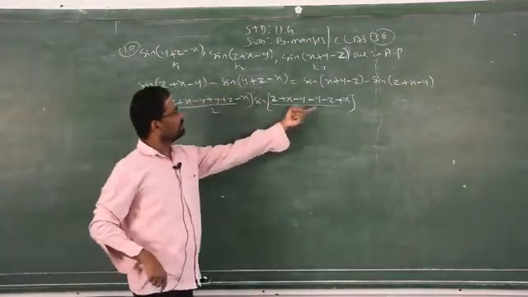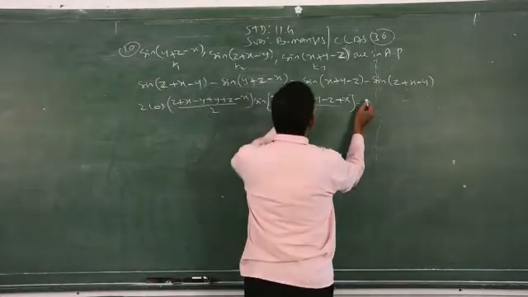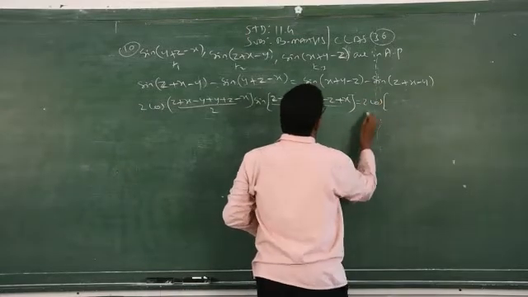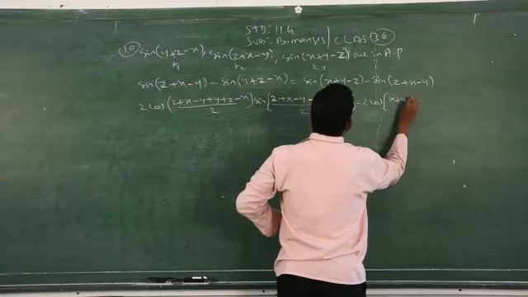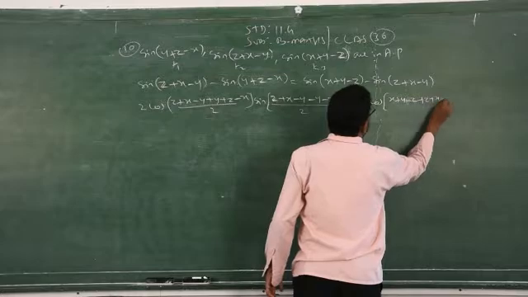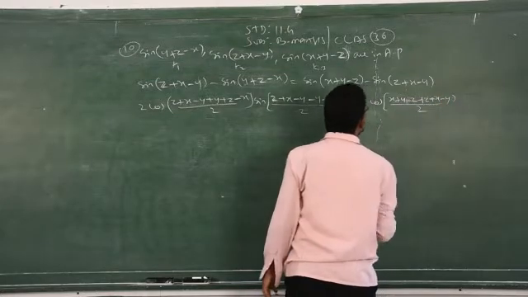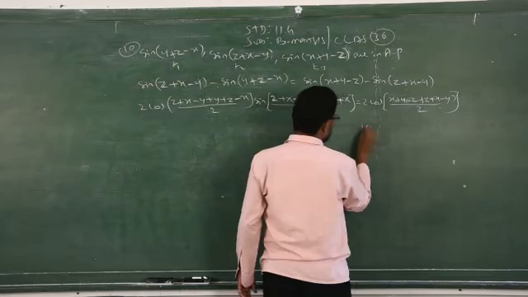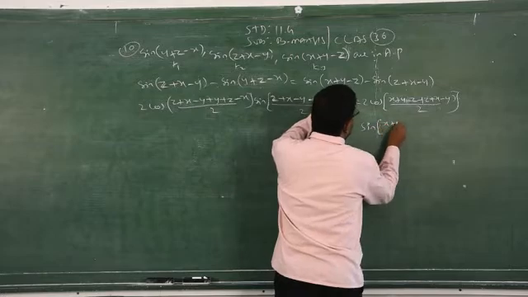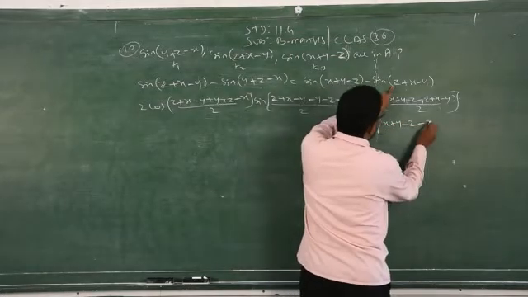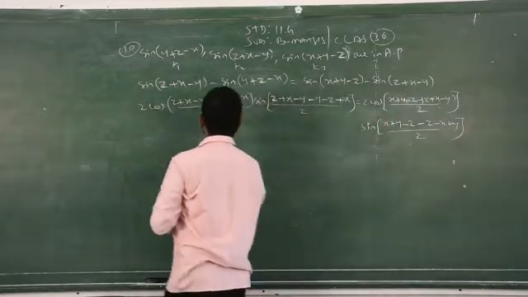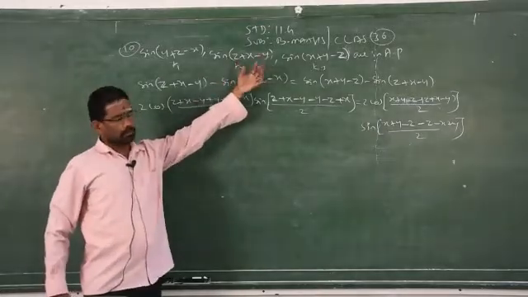Changing the sign for C minus D, is equal to, again the same concept, sin C minus sin D, that is 2 cos of (x plus y plus z plus x minus y) by 2, close the bracket, sin of (x plus y minus z minus x plus y) by 2. Clear? So now, I made mistakes, and I got a different answer.